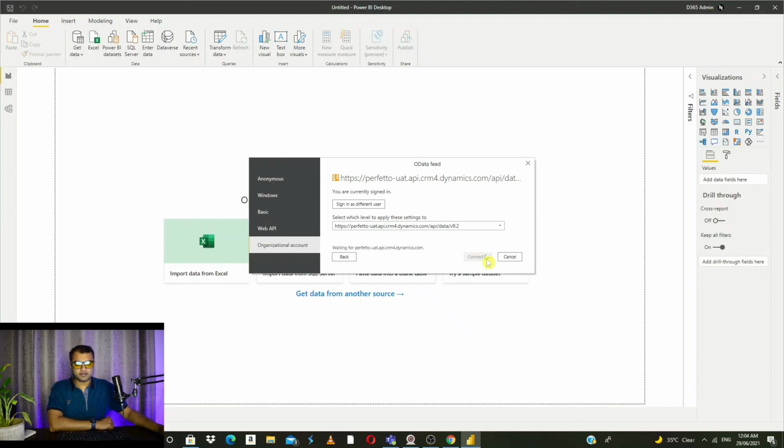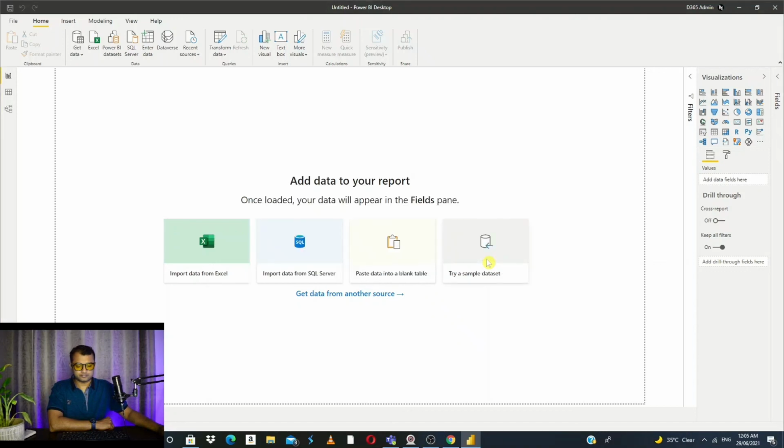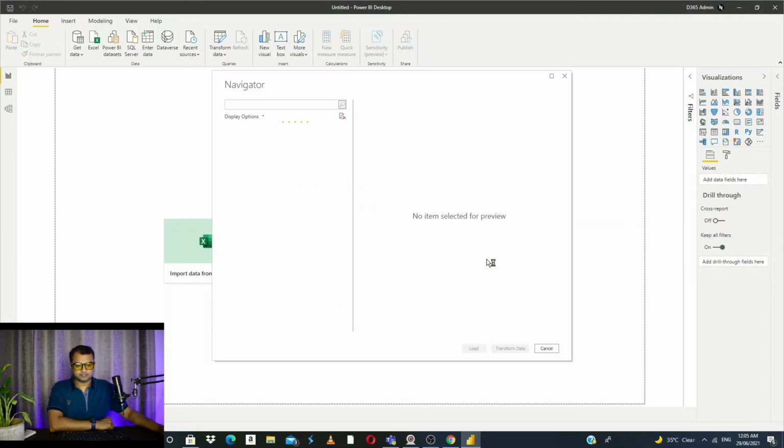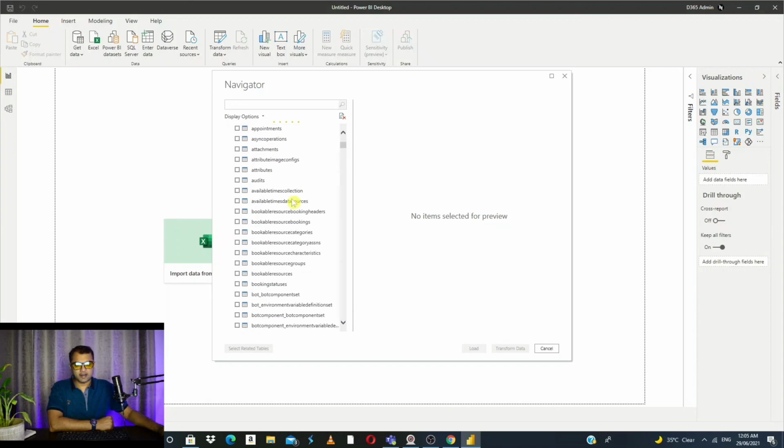Click on connect. Now the connection is successful, and we'll see all the entities which are available for us to connect and create our report.